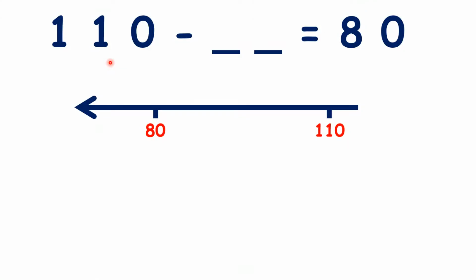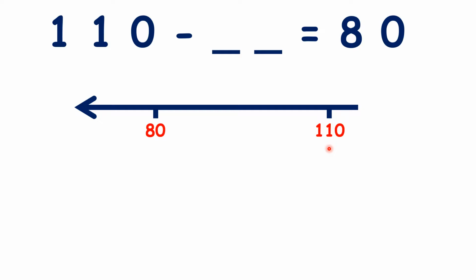Here we have 110 minus something equals 80. So on a number line, we can count back from 110 to 80. And because 110 and 80 are both multiples of 10, they're both in the 10 times table, we can count